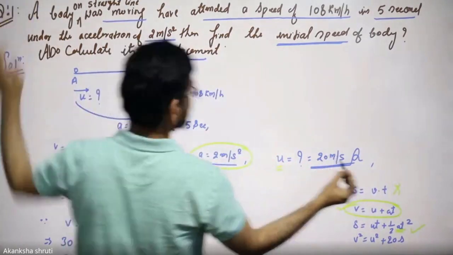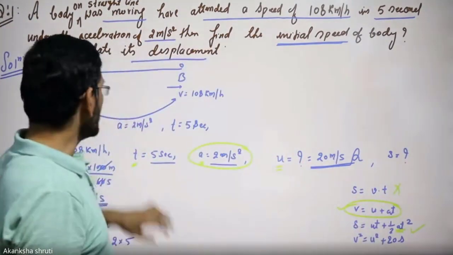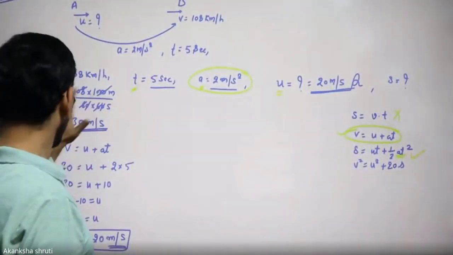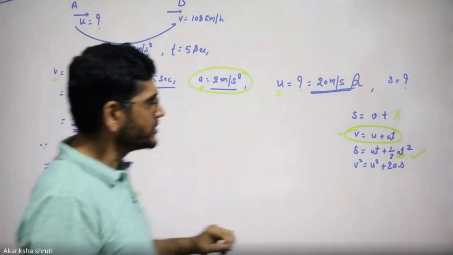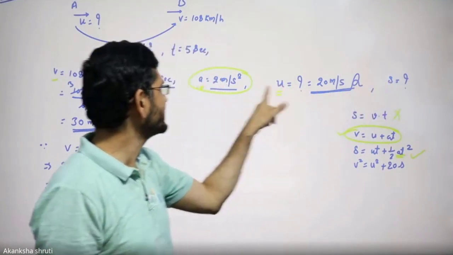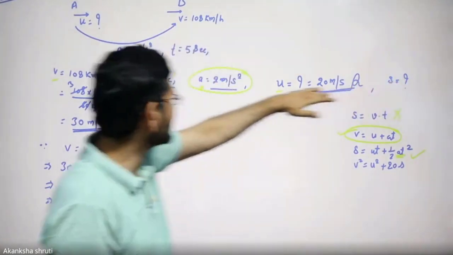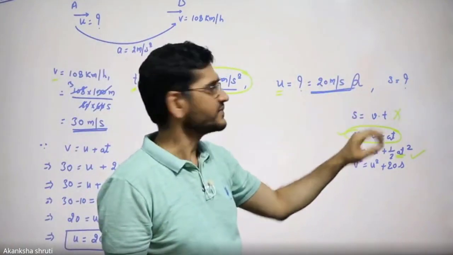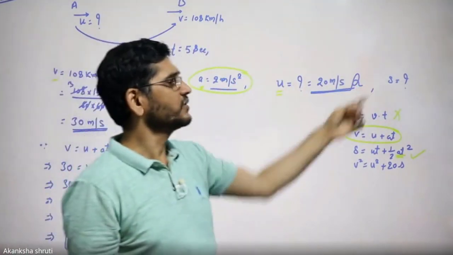Symbol-wise, it is our s is equal to what? So students, nothing to do. Whatever data we had represented, everything is fine, whatever we have done or calculated. Now search for the formula which relates this displacement with the given quantities. It need not be necessary that S must be related with all of these quantities. S may be in terms of only some quantities, and this unknown.